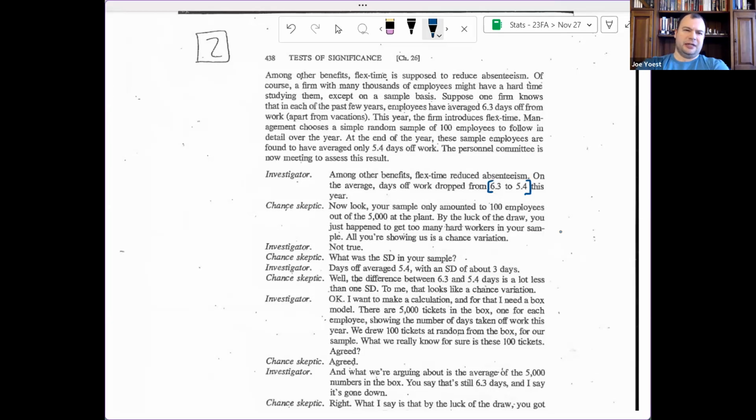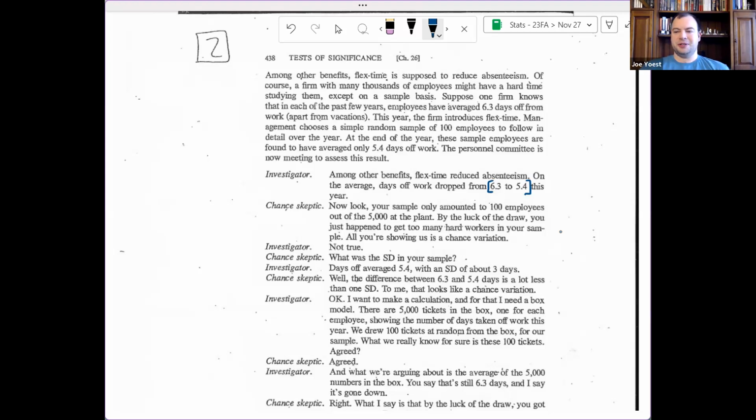Our baseline was 6.3, the thing we're comparing to, and our observed result was 5.4. At a very basic first pass, we say, well, 5.4 is less than 6.3, so that's in the right direction. If we were interested in knowing whether days off work went down, comparing to 6.3,